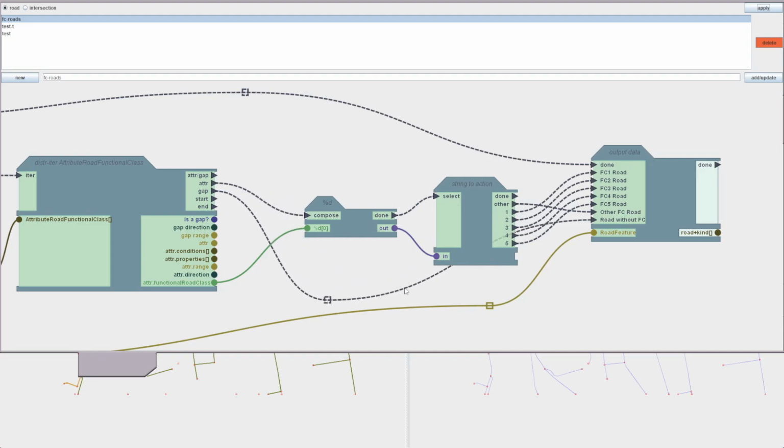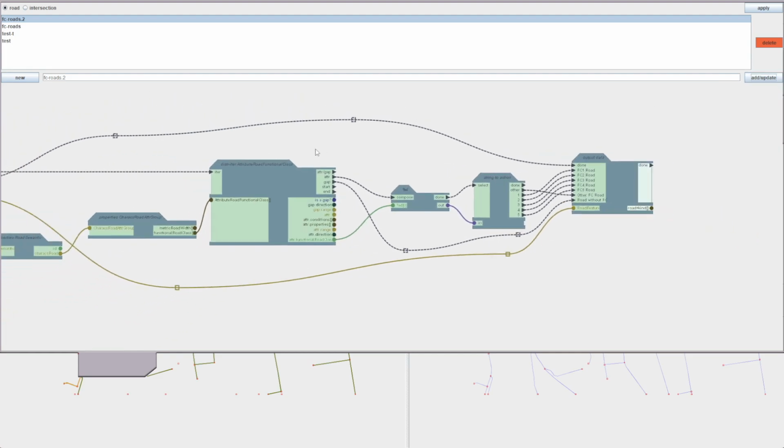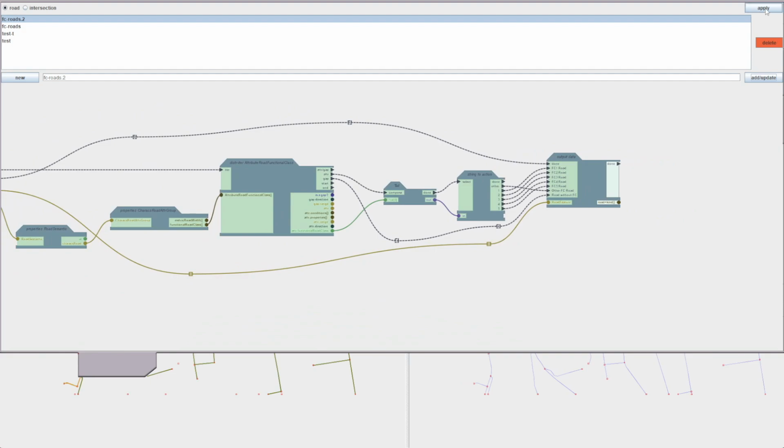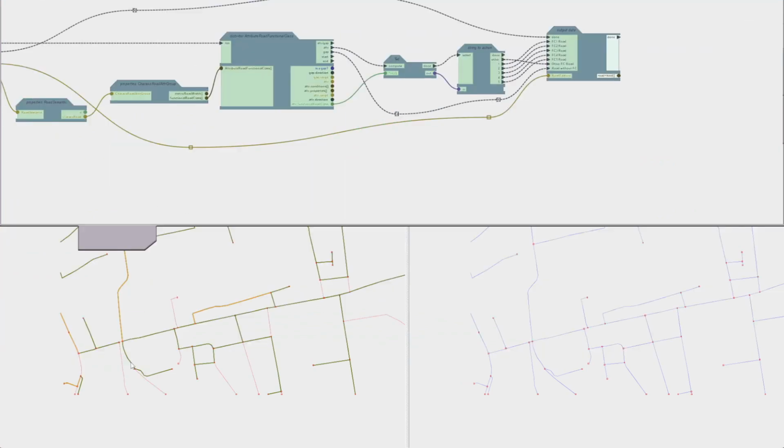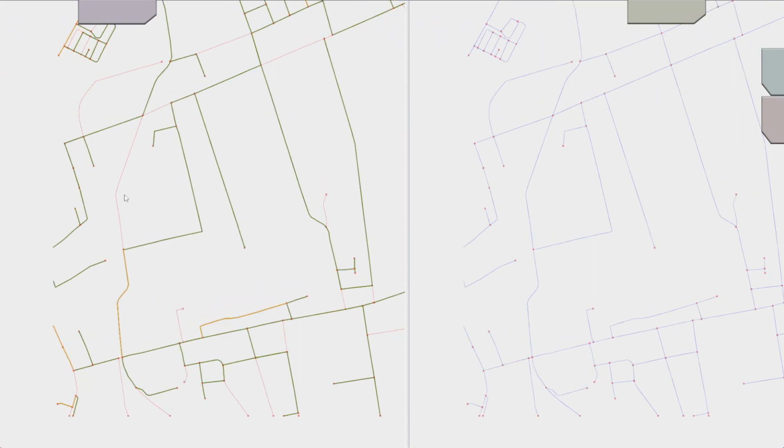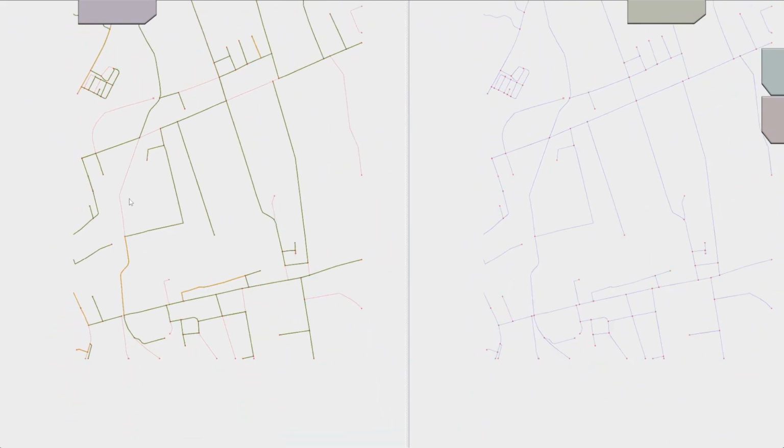To see it better. So gap road without FC, and let's call it road FC2. That is our next jutsu. Okay, and let's apply it. You see now the road which had disappeared before, just to be able to compare that jutsu with the original jutsu we